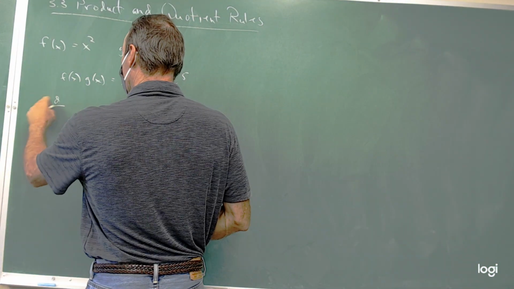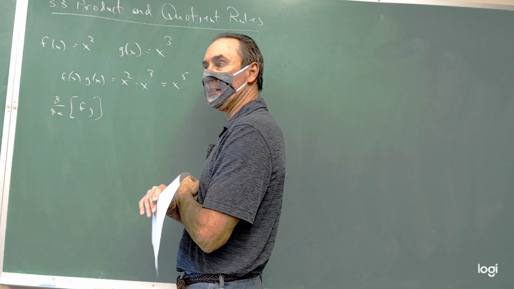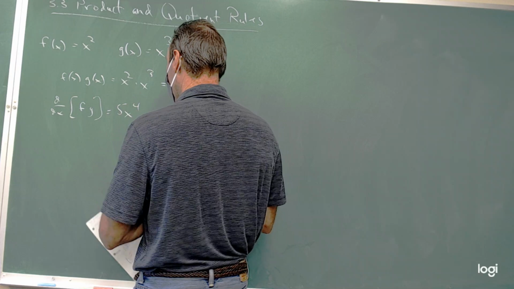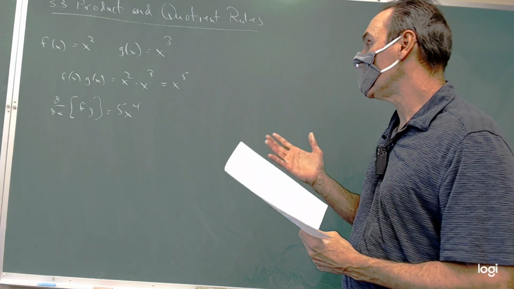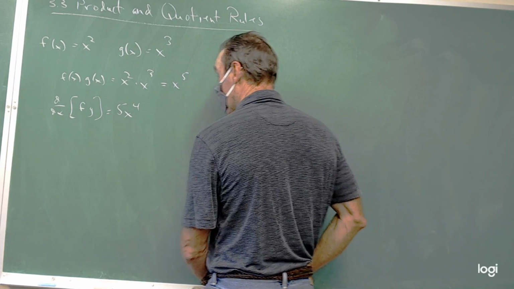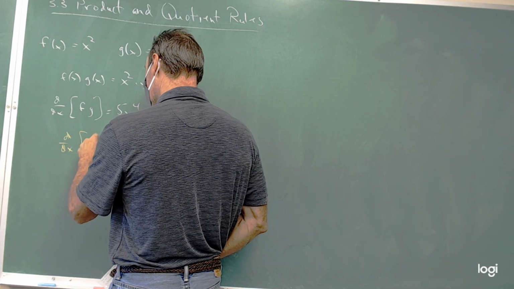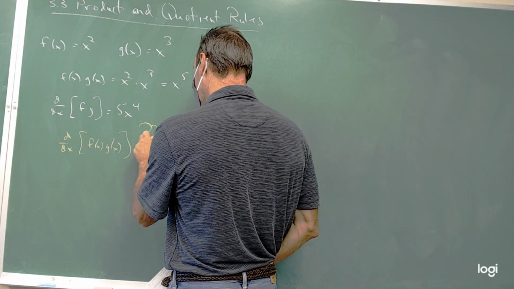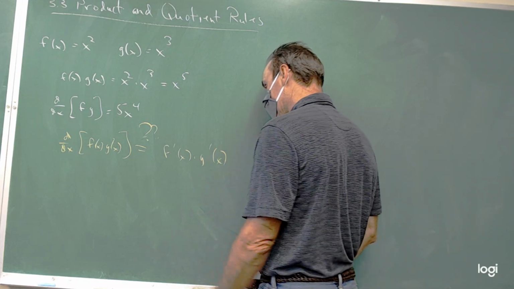So we can see clearly that the derivative, and I'm just going to write it as f times g to be efficient, in this case is going to be 5x to the 4th. Now, understandably, what people want to do when they start out is say, well, and it's not going to work this way, shouldn't the derivative of f of x times g of x be, and I'm going to write big question marks there,